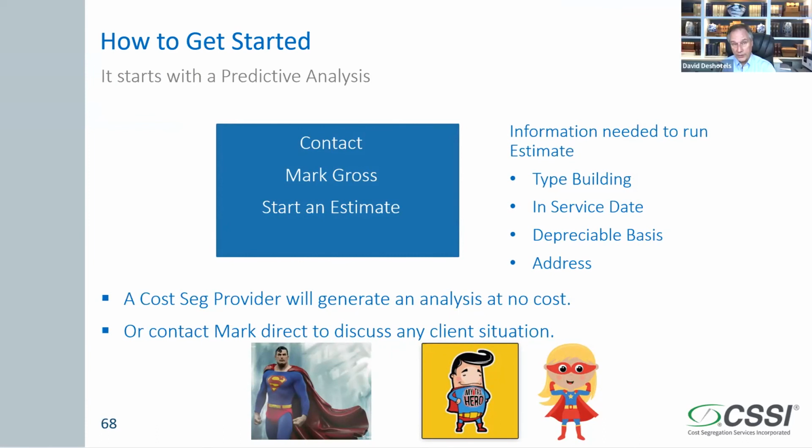You're exactly right. And that's how we run ours as well. If you'll simply share the building type, in-service date, depreciable basis, and the address, I'm going to look at that building online. I'm going to see what type of building it is. I'm going to get a good feel from our 20 years of history. Here's typically the percentages that we get out of that type of building, and give them an estimate to say,